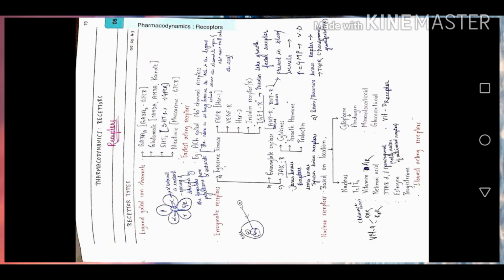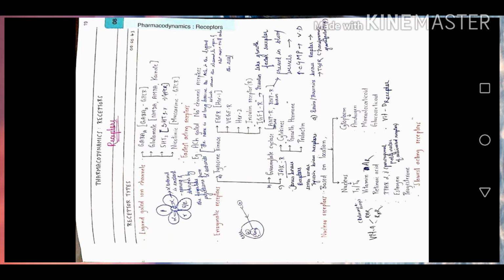Now the guanylate cyclase receptors. These are the ANP and BNP receptors. ANP means atrial natriuretic peptide. BNP means brain natriuretic peptide. Not factor, that is peptide. Okay, guanylate cyclase, the main function is it is present in the blood vessels and it increases the cyclic GMP which causes the vasodilation, right? Now the fourth one is the serine and threonine kinase receptors. The example is TGFR, transforming growth factor receptors. Just remember it. Later you will find its application in subsequent topics.